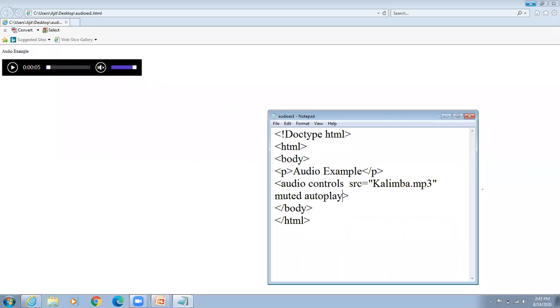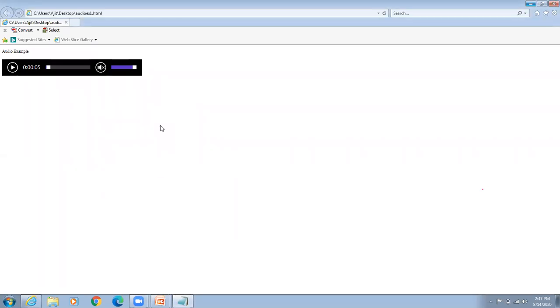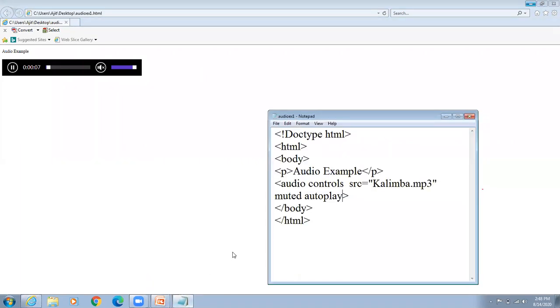Like this. Save. Okay, refresh. It is automatically playing. This is called autoplay. Okay, so this is an example of audio.